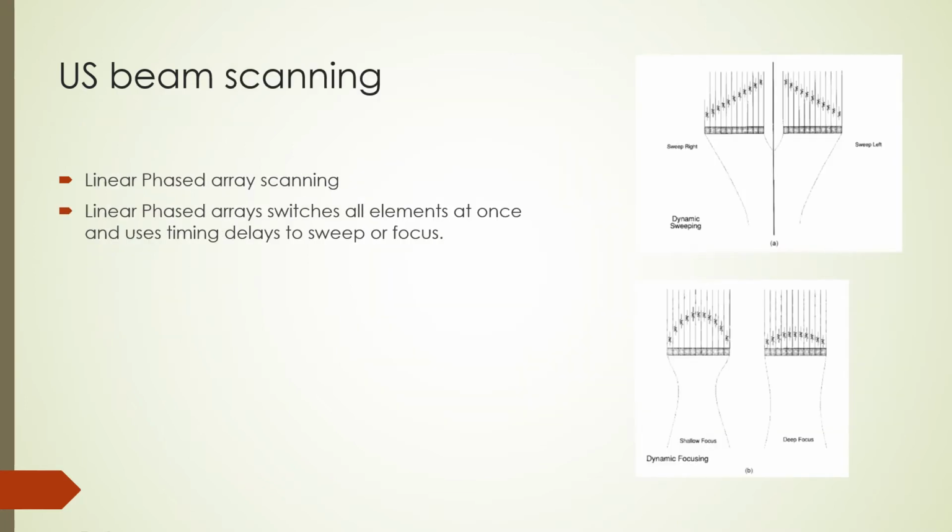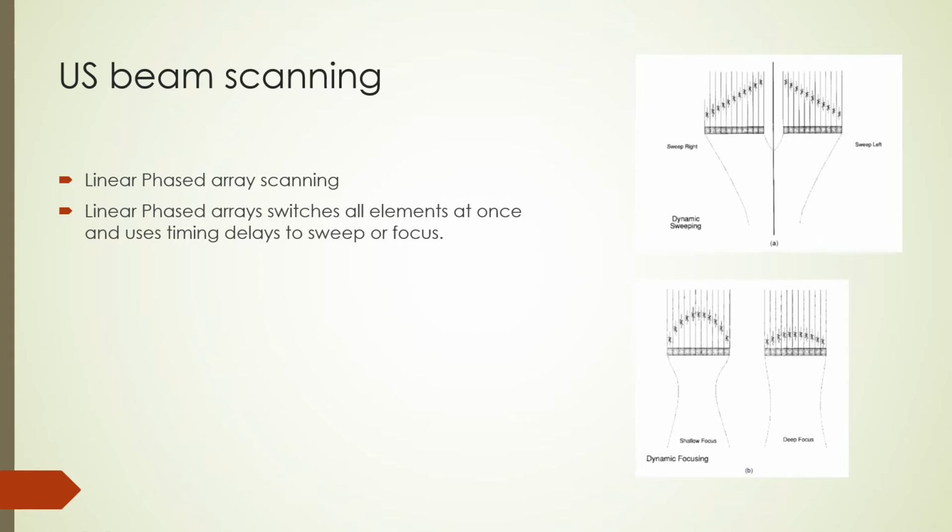Another method for scanning with a linear array uses phased array technology. In a linear phased array, all elements of the array are used to obtain each scan line. This is typically about 128 elements. By using slight delays between excitations of the elements, the beam may be swept to the left or right as